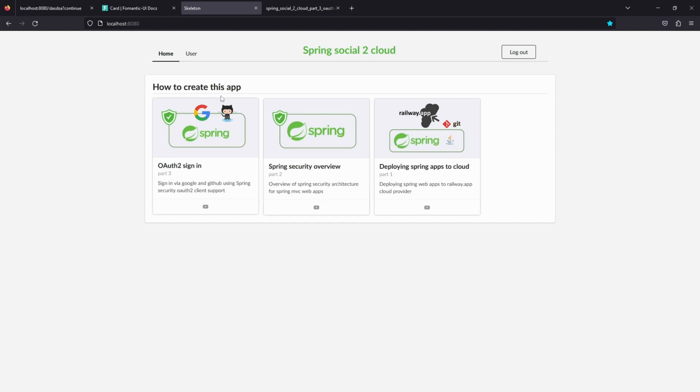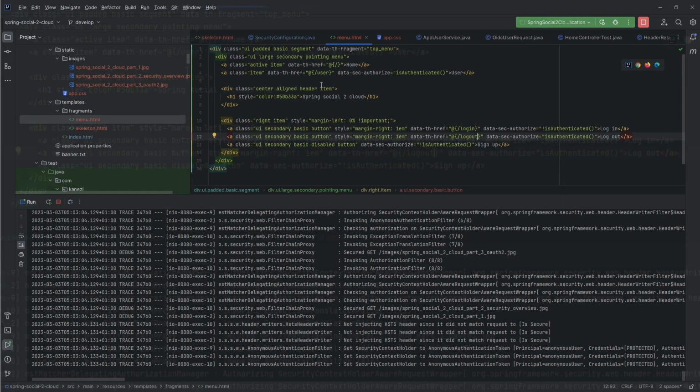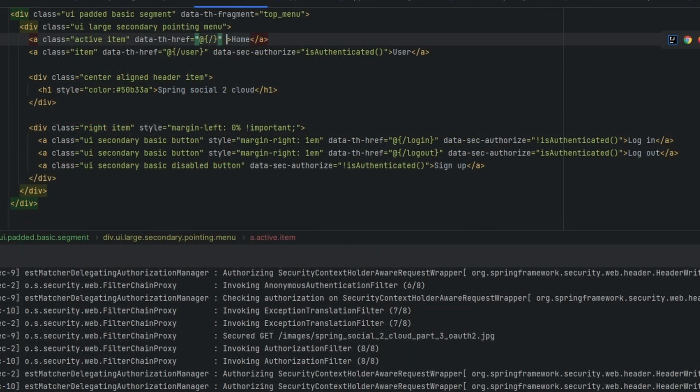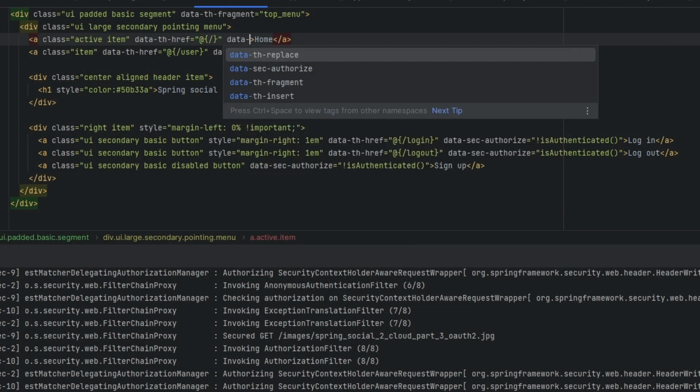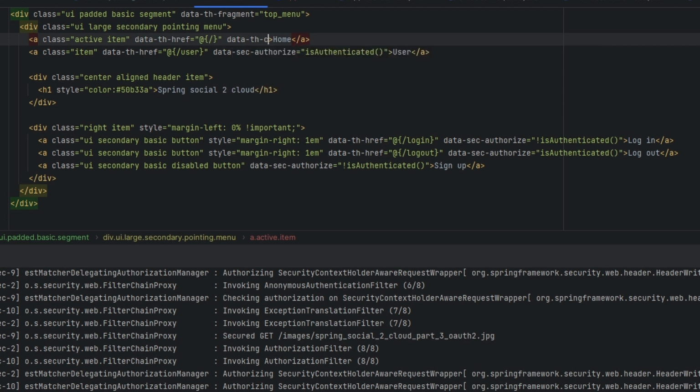Another thing we need to do with our menu is activate the home tab when the home page is present and the user tab when the user page is present. We'll do that with Thymeleaf class append feature, class append. So we'll say, and we don't have the parameter for active menu, so we'll input it,